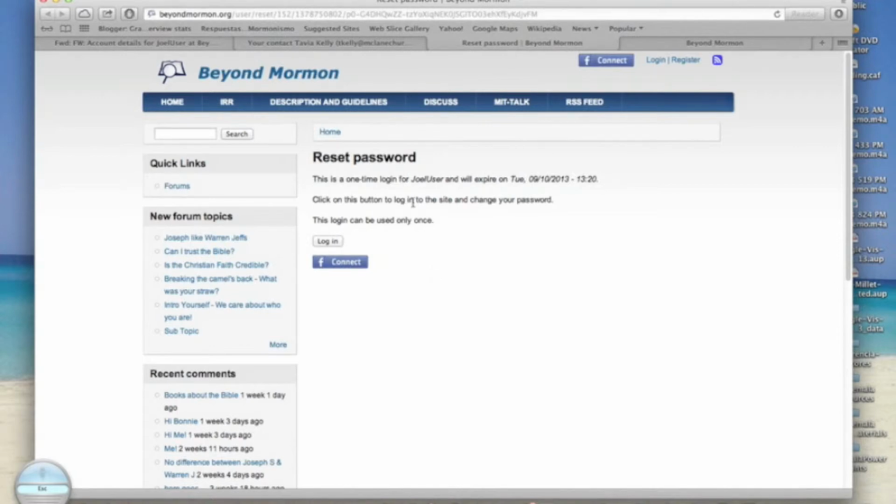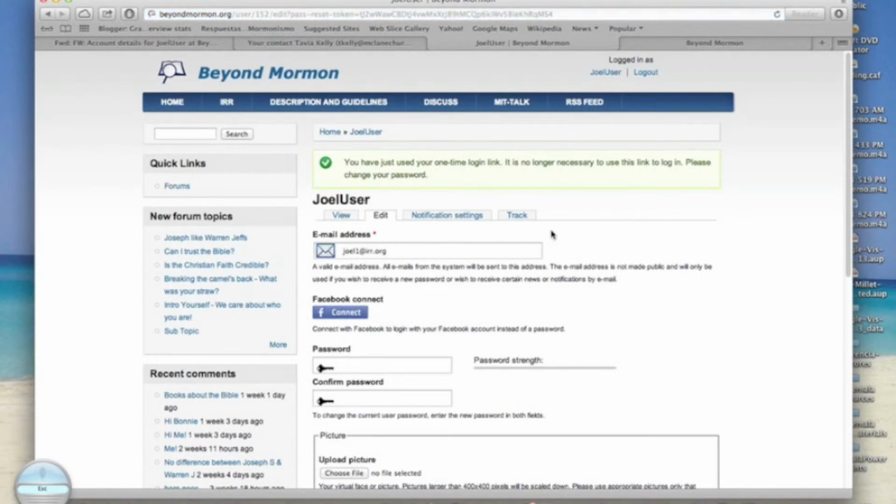reset password. This is a one-time login for Joel User. It'll expire on such and such a date. Click on this button to log into the site and change your password. So there's a little button here that says log in, and you can click there, and once you click on the login button, it brings up a screen very similar to what you had before,